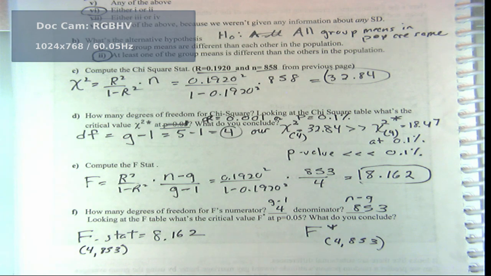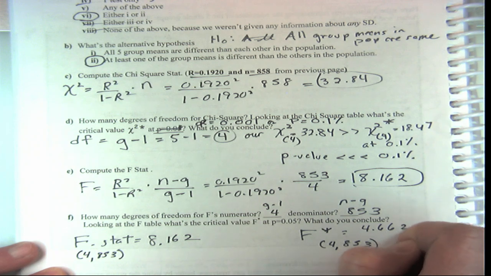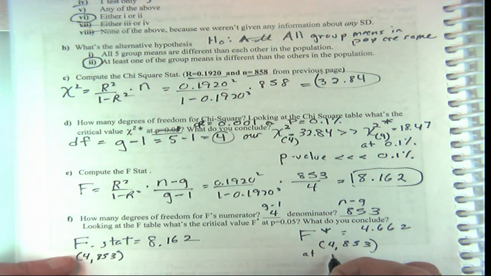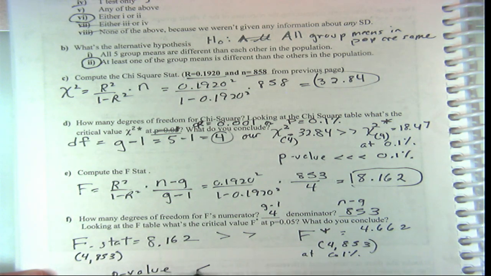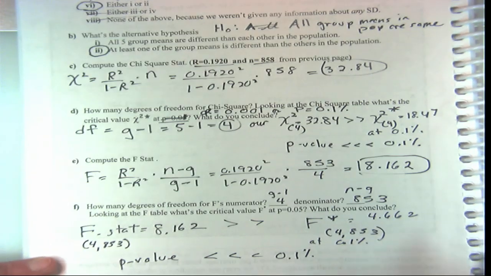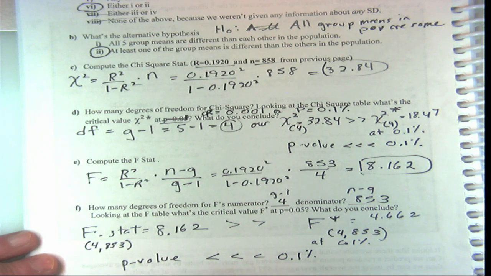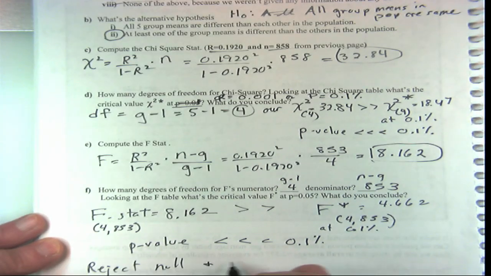So this is equal to 4.662 at, same thing we did here, 0.1%. And since this is pretty much greater than that, our p-value is much less than 0.1%. Okay? So again, from both, we reject the null and conclude